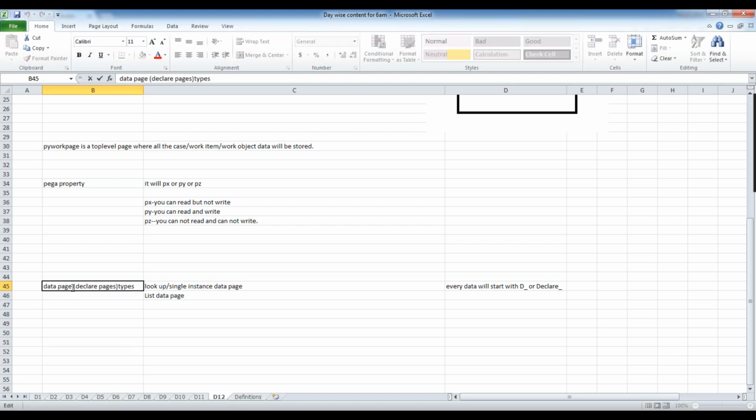In Pega 7, we name it data pages. In older versions, we name it declare pages. Both mean the same. That is why declare underscore is there for older versions and d underscore is there for new versions. From Pega 7.1 onwards, in any version we are using d underscore only. Okay.